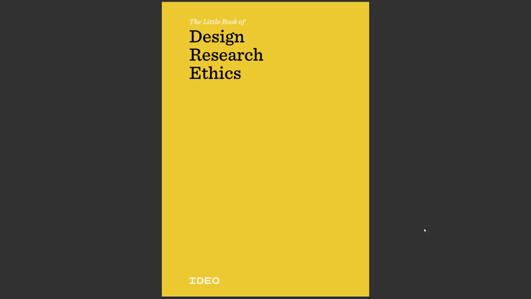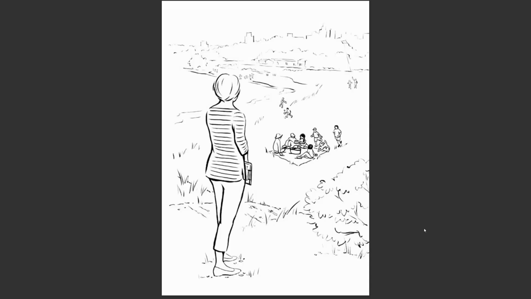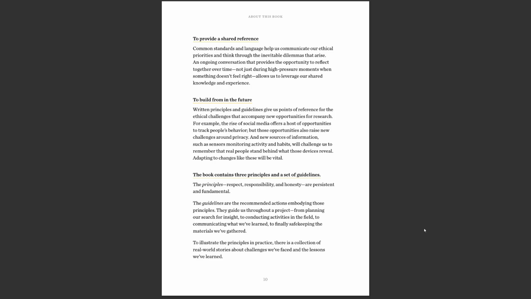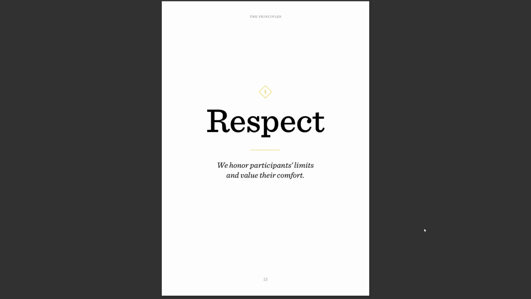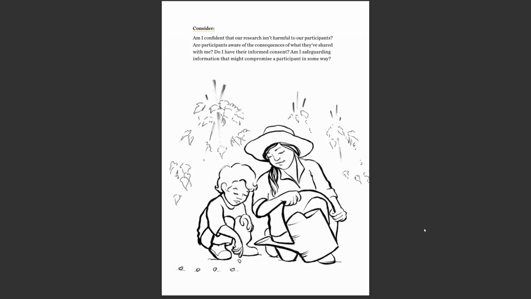Go through this book and read it in chunks if possible. It's about 50 pages, but it has really big pictures and really big type, so you will go through it pretty quickly. As you're reading the book, write down what stands out to you. What are some of the best practices that you find